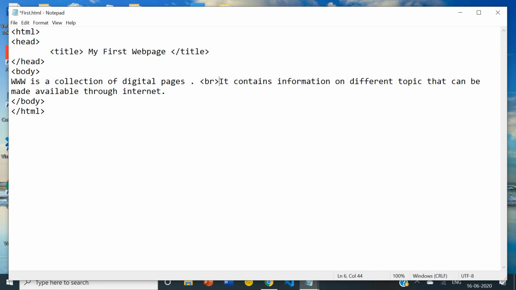As the Enter key works in MS Word, the same way the BR tag works in HTML. So what is the use of the BR tag? For line breaking. It means when you see the output, the second line will come in the next line.